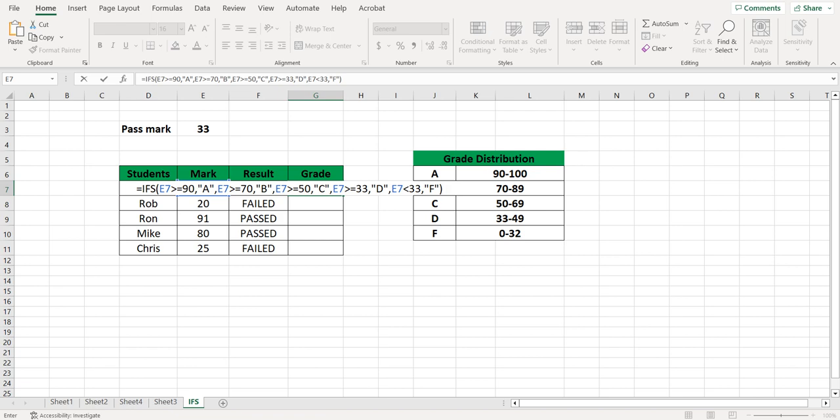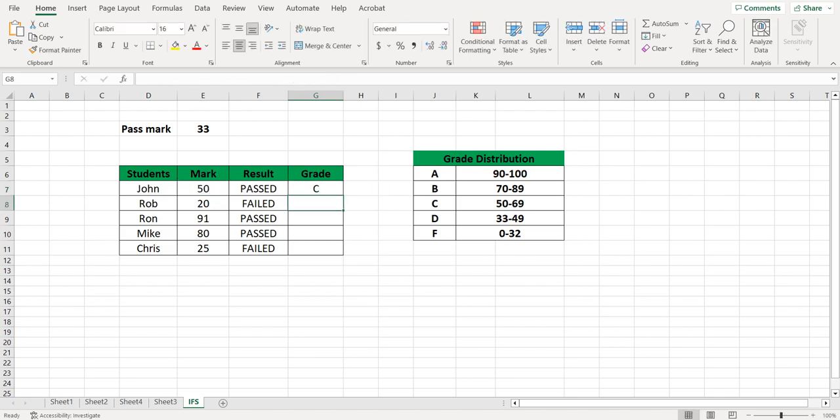The way the equation works is, when it goes through the different logical tests, first if this logical test is true, then it will give this value and it will ignore all the other logical tests. That's how it will operate. Okay, just press enter, and you see it has shown